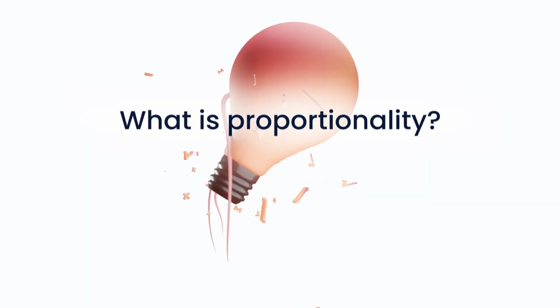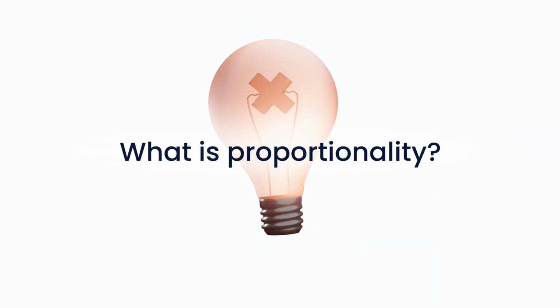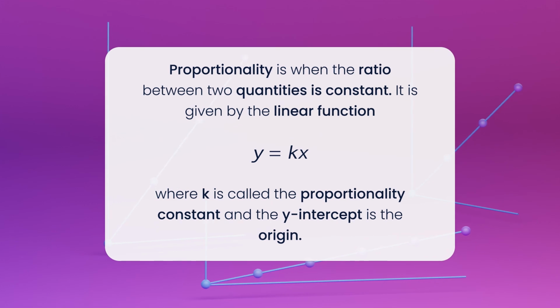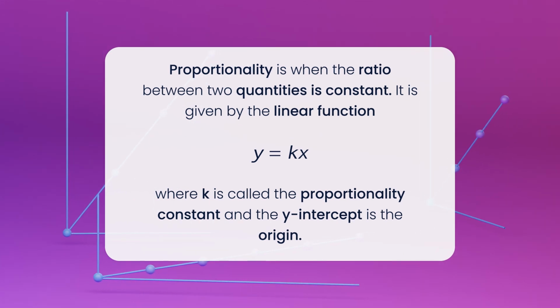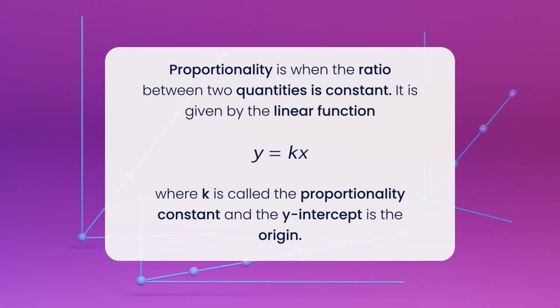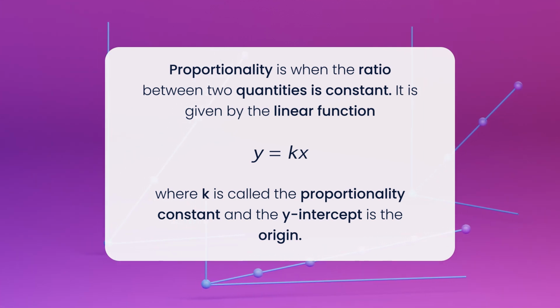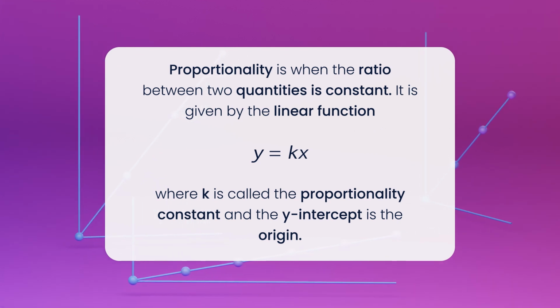What is proportionality? Proportionality is when the ratio between two quantities is constant. It is given by the linear function y equals kx, where k is called the proportionality constant, and the y-intercept